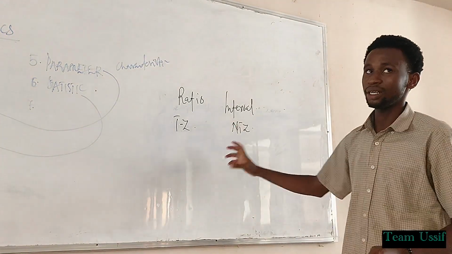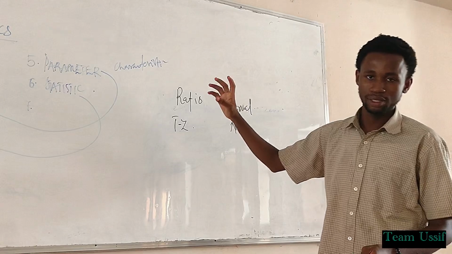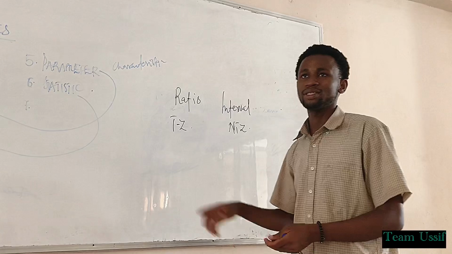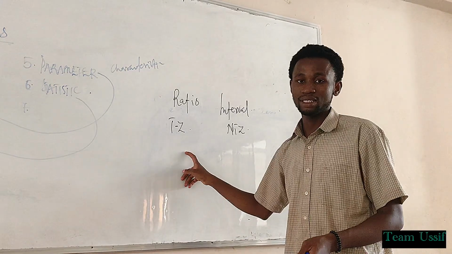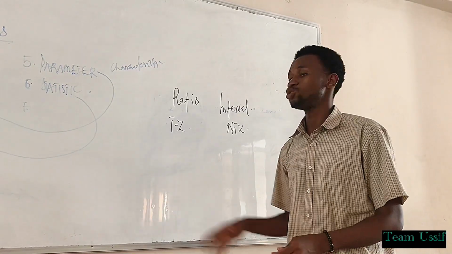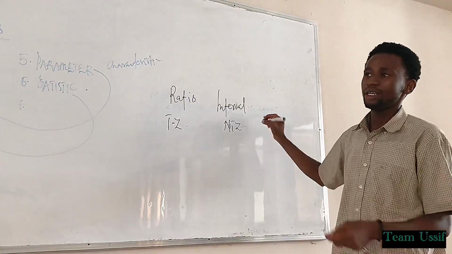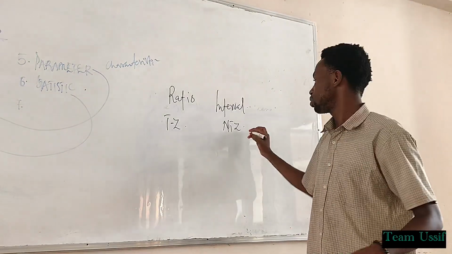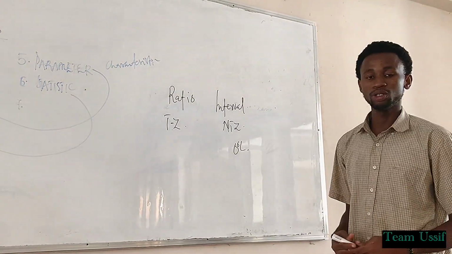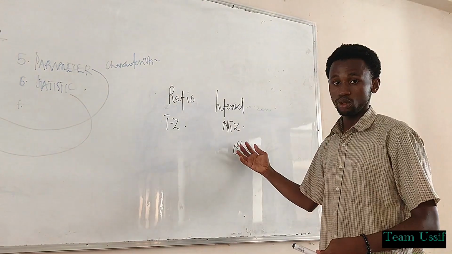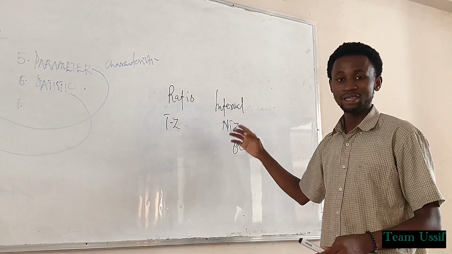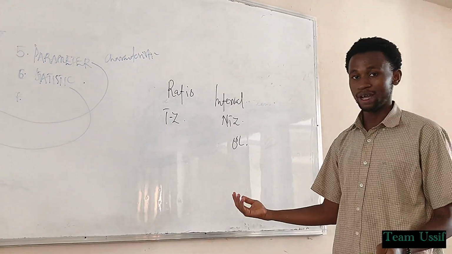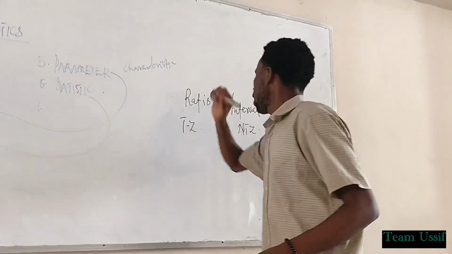One has a true zero in the sense that ratio measures weight. If they measure your weight, maybe a polythene bag, and it's 0 kg, it means that it indeed has no weight, so it has a true zero. But the interval is used to measure temperatures. If you have 0 degrees Celsius, what does it mean? Freezing. So it has a value. If 0 has a value, it means that it's not a true zero. You understand? It's an impersonating zero. Yes, so that's it for the scales.